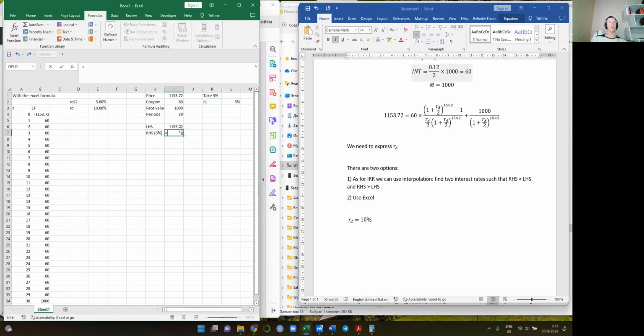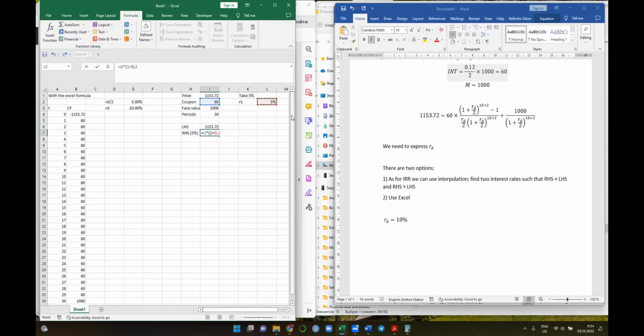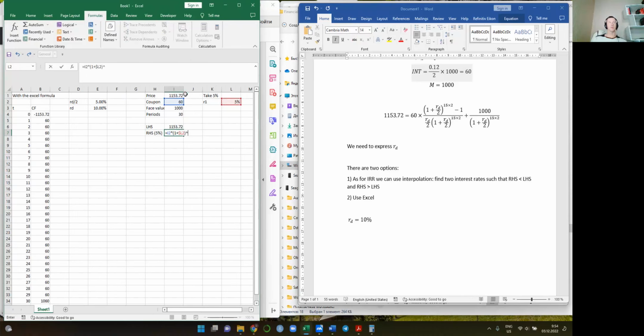So this one. We have coupon times 1 plus R divided by 2 to the power of periods 30 minus 1